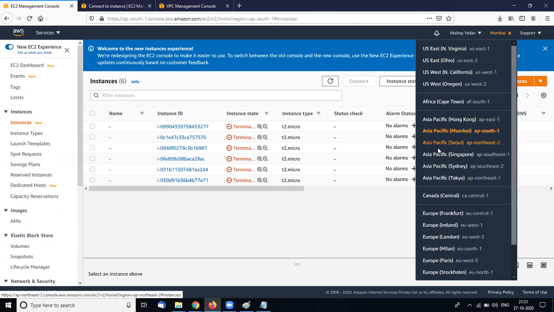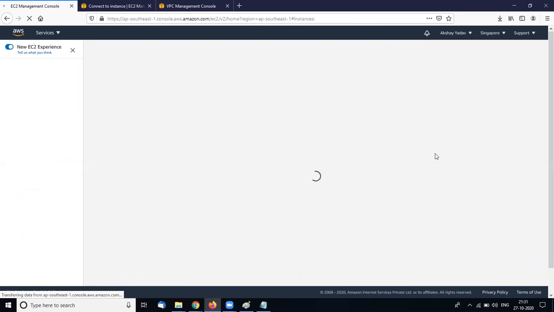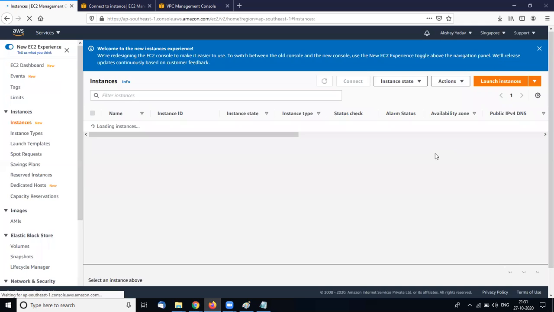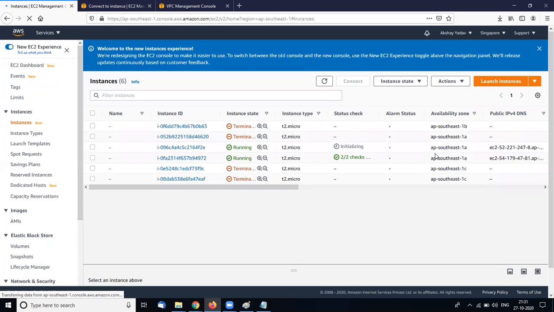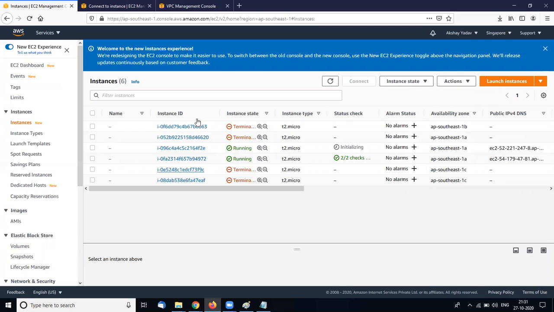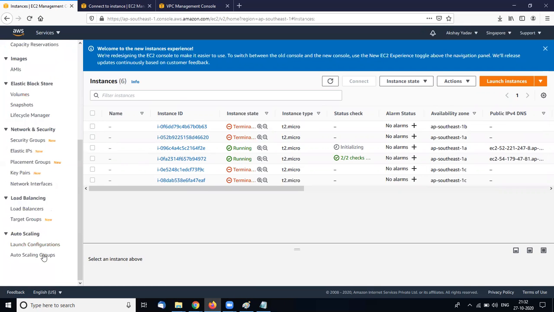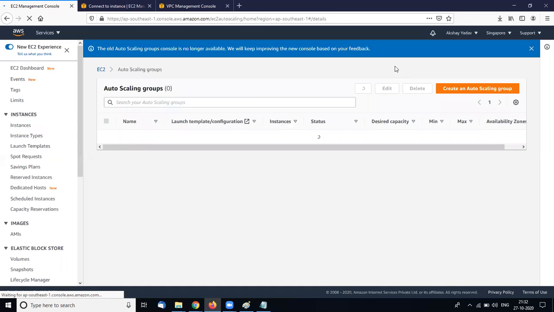In Singapore region, I have four servers. I terminated four instances some time ago, and two instances were automatically created by the auto scaling group. I set the minimum number to two, so I am deleting my auto scaling group right now, and then detaching all my instances from the auto scaling group.